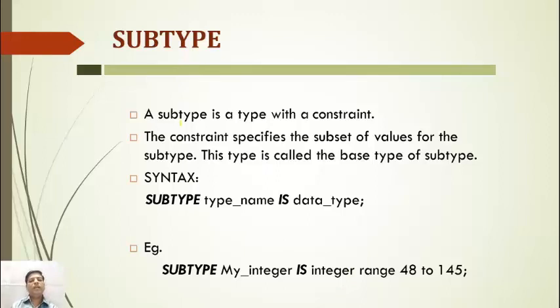Subtype. A subtype is a type with a constraint. The constraint specifies the subset of values for the subtype. The original type is called the base type of the subtype. Syntax for subtype: subtype type_name is data_type; Example: subtype my_integer is integer range 48 to 145;